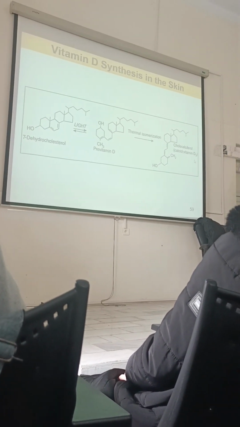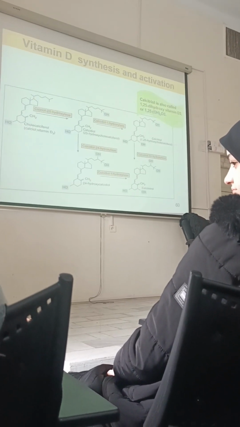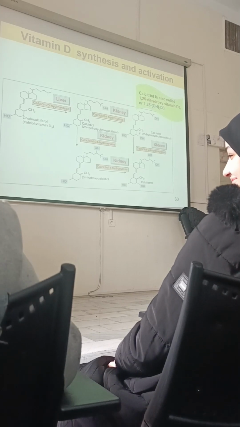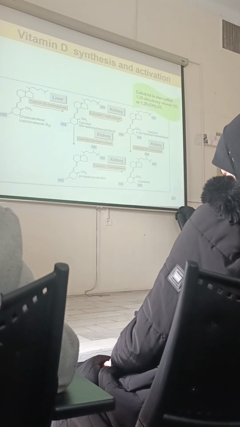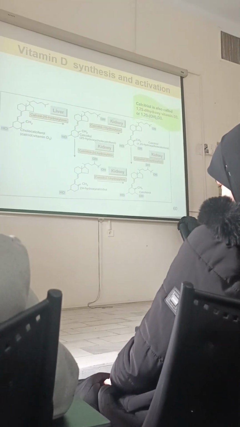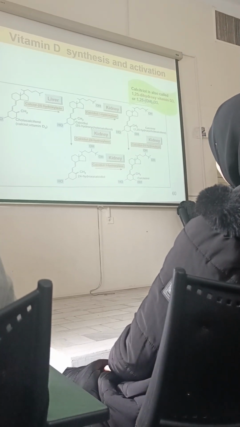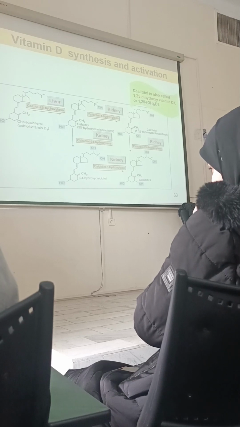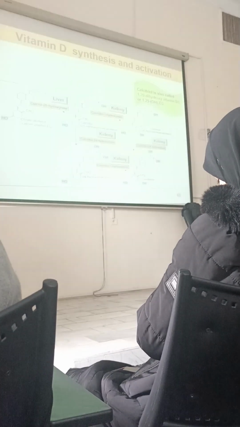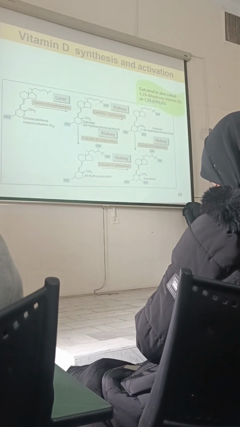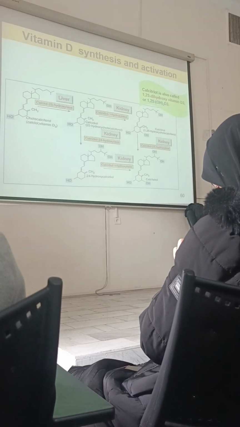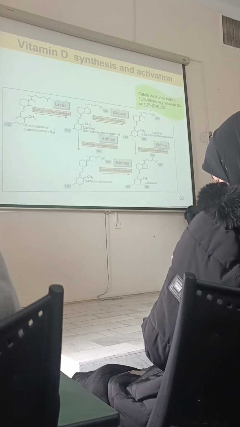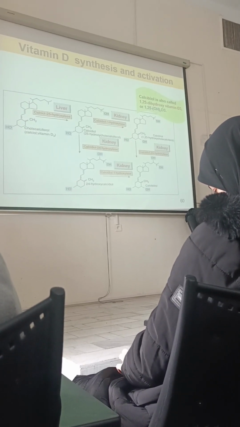But is it active or not? No, it is not active. Question: this slide is very important in that, at first, we should be familiar with the type of active vitamin D. What is it? 1 and 25 vitamin D. Whenever you observe 24, it means that this is inactive. So, 1 vitamin D, 1 hydroxyvitamin D, 1 and 24 vitamin D, 24 and 25 vitamin D, 1 and 25